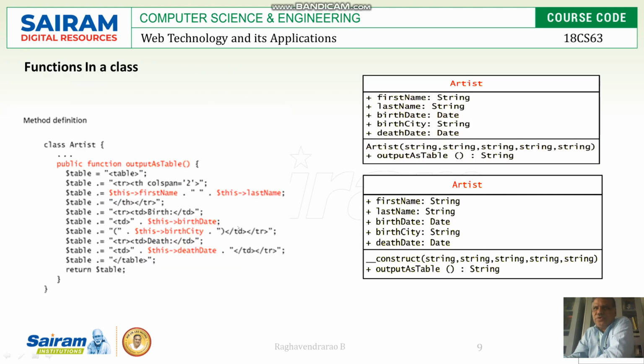Example, if I consider class artist, public function output table, this function is written in the class itself. Then the table format is defined over here, right? Dollar table equals this, again clubbed with the HTML, and similarly the table format is written. So HTML means double quotes start, and all these dot notations are there to club the things. Now here you can see these are public, first name, and this is the class name. The class contains the methods artist